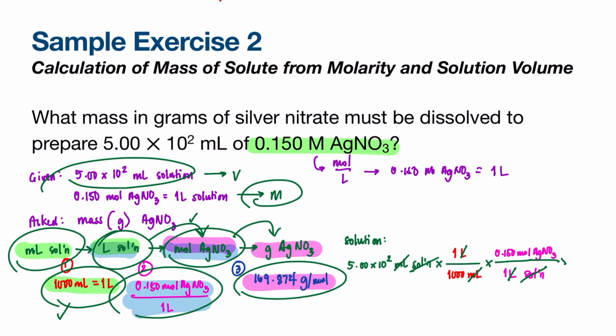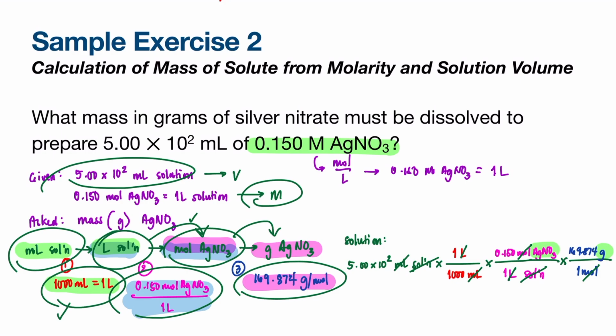So we will multiply it again by the molar mass, wherein the value of mole will be in the denominator because that is our current given unit, and 169.874 grams will be in the numerator because that is going to be our desired unit. And as you can see, we can now cancel the moles. After all units are cancelled, you can notice that the units left in the solution are grams of AgNO3, or grams of silver nitrate.